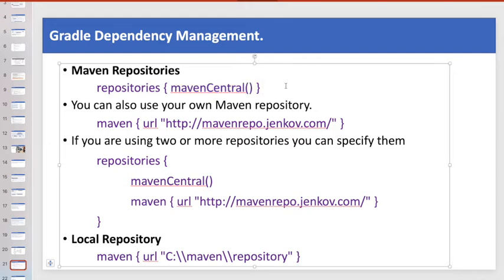They don't want to connect to the open internet and go to Maven Central. So you can say maven and give your own company repository, and it will go there. You can also use both: first it will go there, and if it doesn't find it, then it will come here. This is the third way to define the repository. And the fourth way, you can define a local repository also.